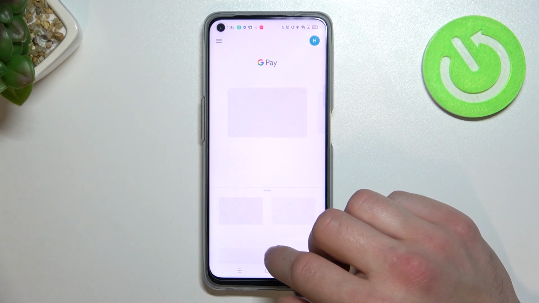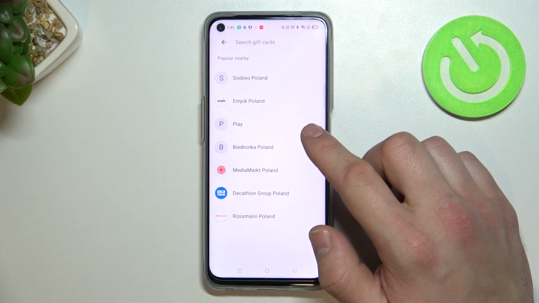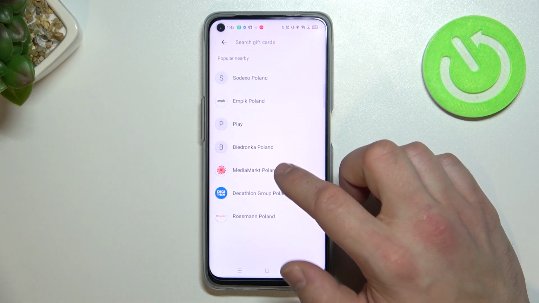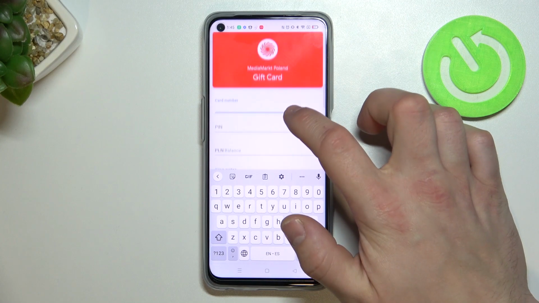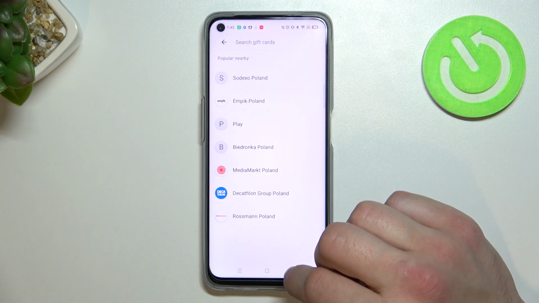Let's go back and now let's select gift card. It's pretty similar to loyalty card because you have to select a shop, enter card number, PIN, balance, your notes and tap save. And the last card you can add